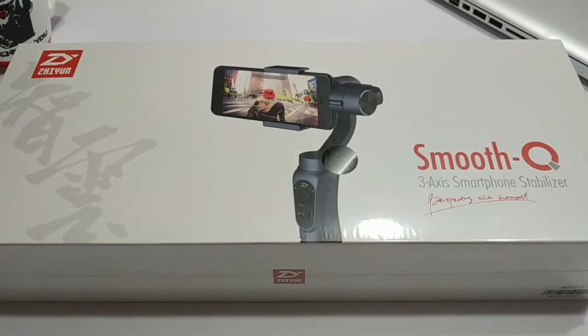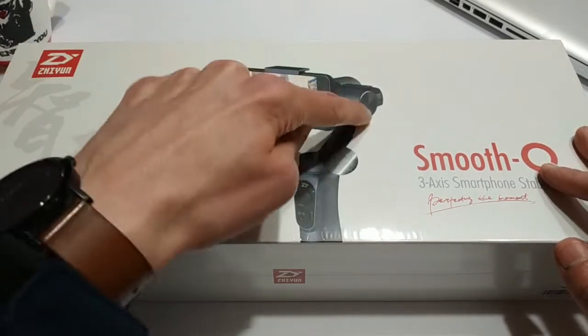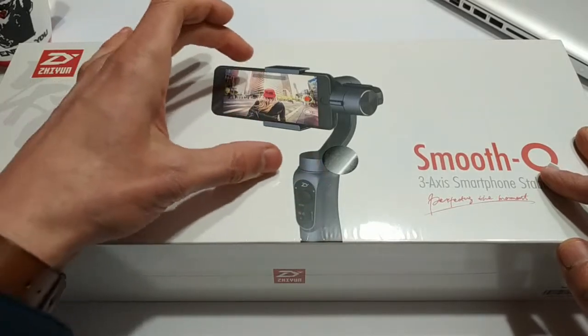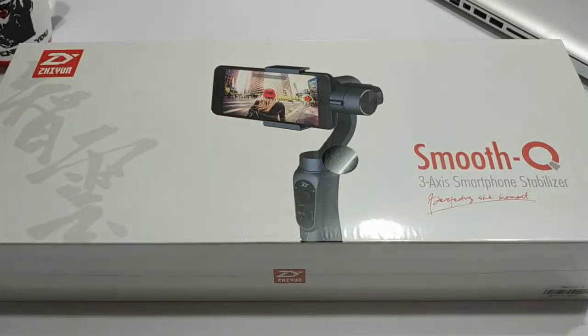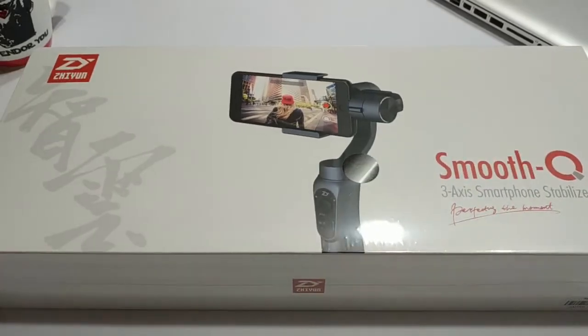If you don't know anything about them, basically what it does, you put your smartphone in this little contraption here. It's got 3 separate motors. You turn it on, and basically it stabilizes your phone, so you can get some really incredible cinematic looking footage. I just think that they're super cool, and so I was looking into getting one, and I wasn't sure which